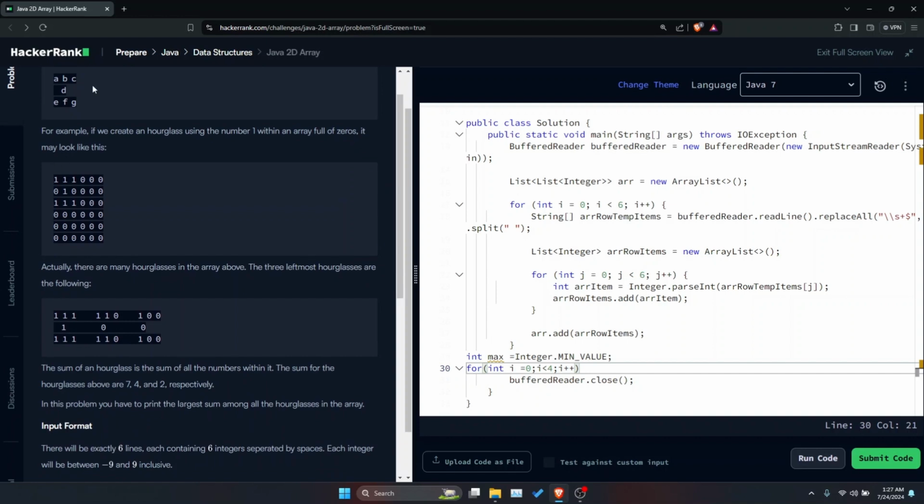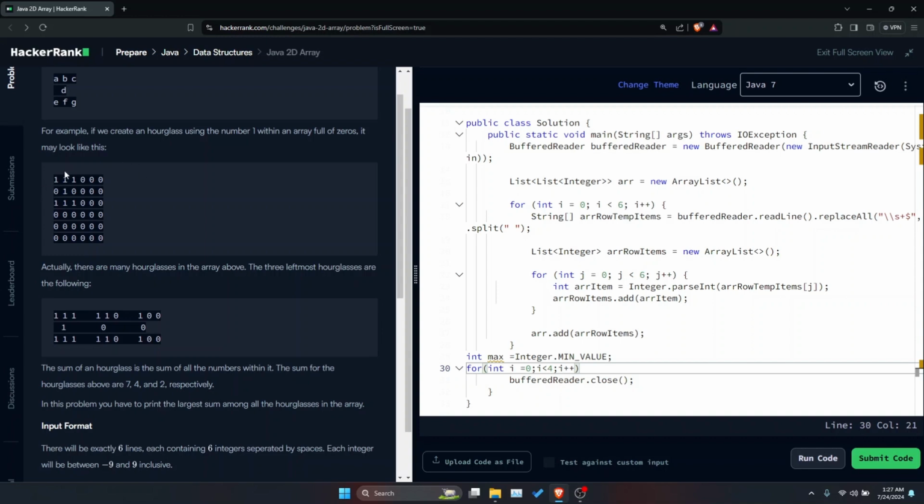Even if we look at this, this would be my 0th index, 0, 1, 2, 3. I don't want it to start looking at 4, because if we start at 4, it would not form an hourglass. There isn't any hourglass if we start at 4. So I want it to iterate less than 4 times.